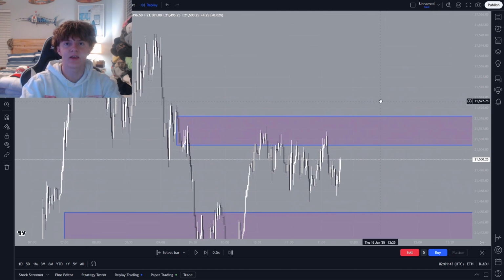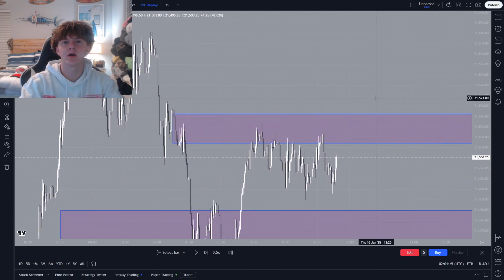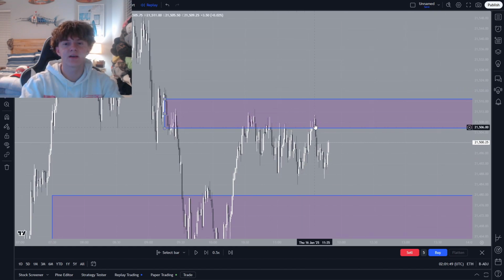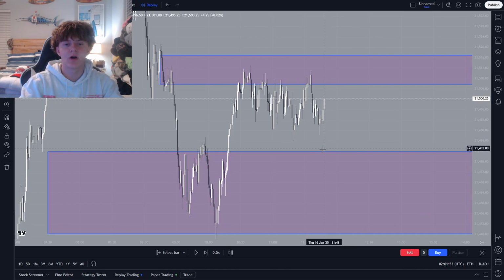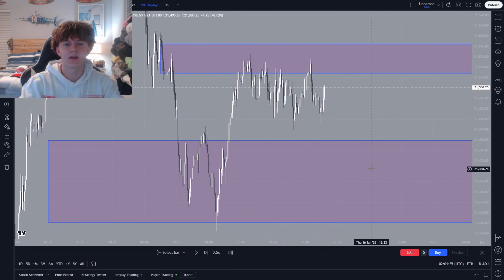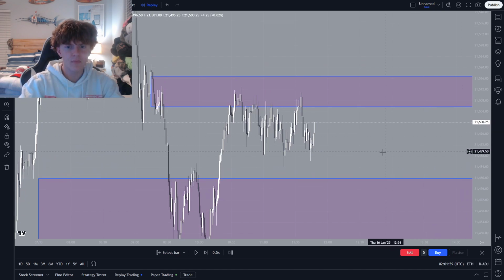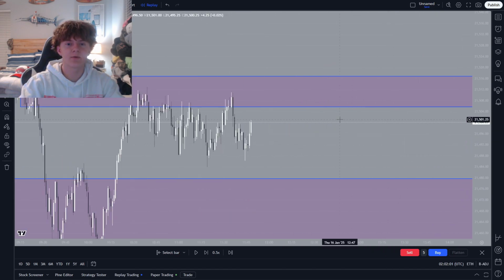Obviously, our first stage of our PO3 is going to be our accumulation or consolidation, whatever you want to call it, where we've just been consolidating here. Obviously, we have this fair value gap right here. And we also have this fair value gap right here that we marked previously, obviously off this big candle. So right now we're just consolidating, and we're waiting for a manipulation to obviously stop out